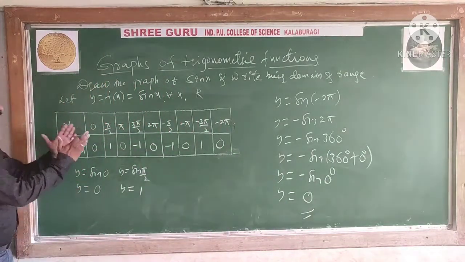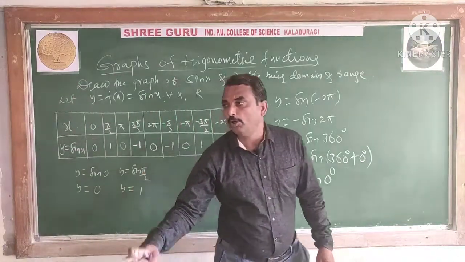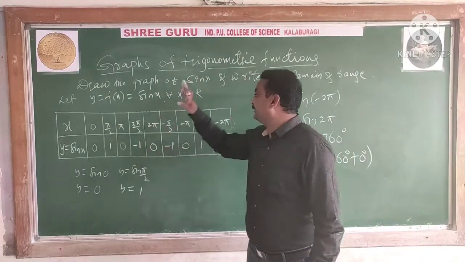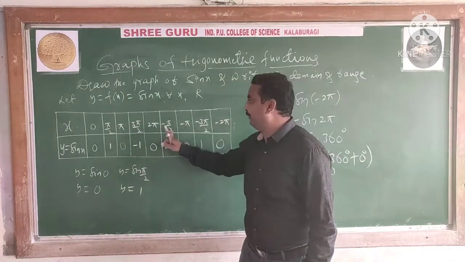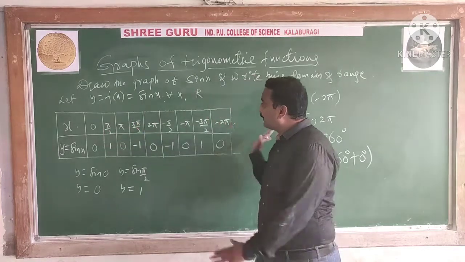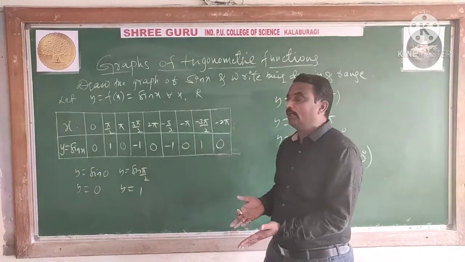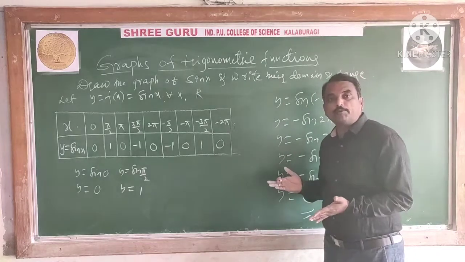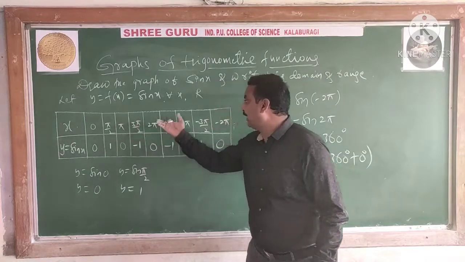Like that, for a certain period, you may calculate the values in the intervals 0 to pi by 2, pi by 2 to pi, pi to 3 pi by 2, 3 pi by 2 to 2 pi, like that. So these are the positive values. The same for the negative values, minus pi by 2, the same intervals whatever you have taken on the right side. On the left side also you should take the negative values on the negative x-axis. So you should draw the graph on the Cartesian plane. You should see what type of graph it is, and you have to calculate the domain and range. This is the domain, the set of all values here.